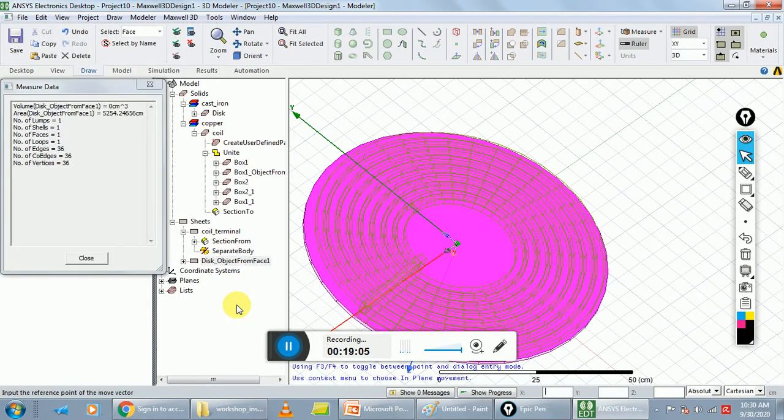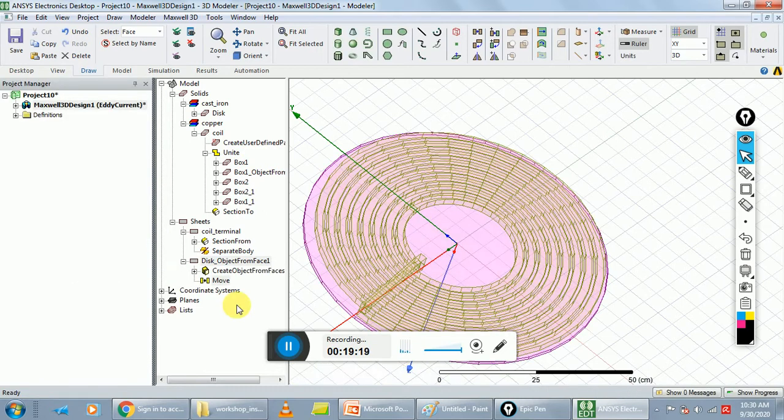Put the value of x is 0, y is 0, z is 0, press enter key, dx is 0, dy is 0 and dz is 125, press enter key.